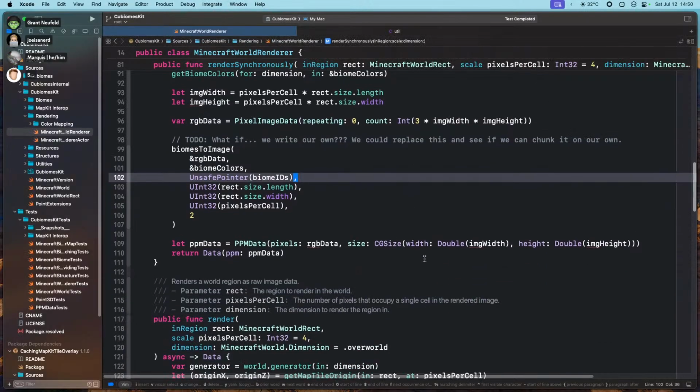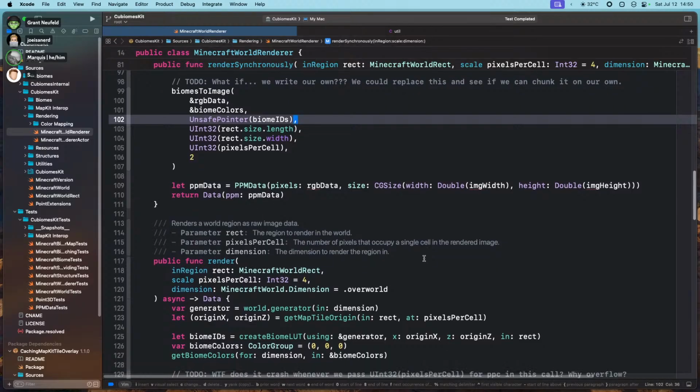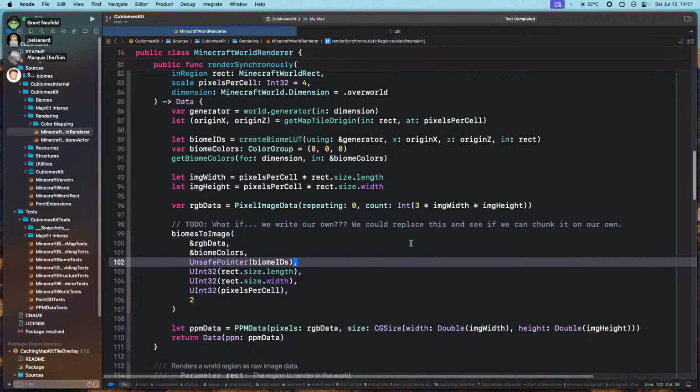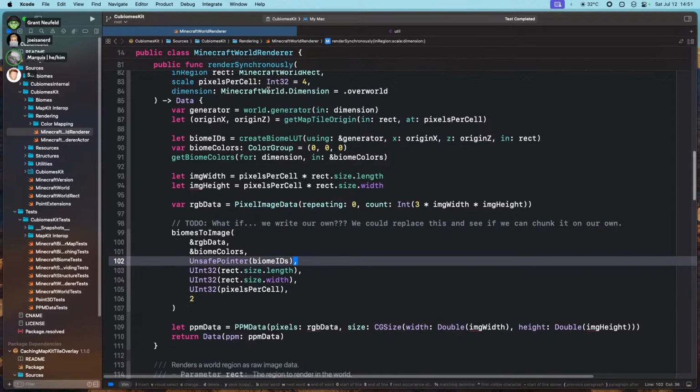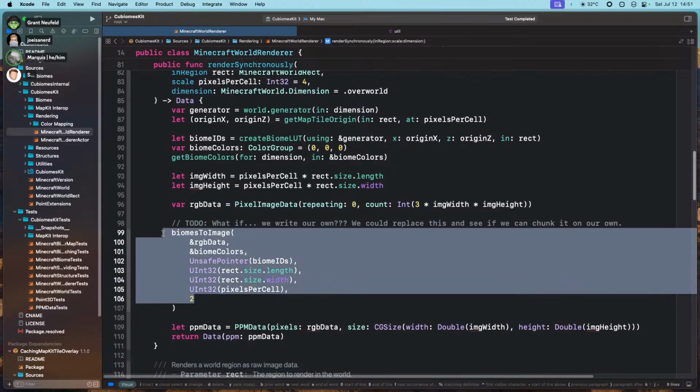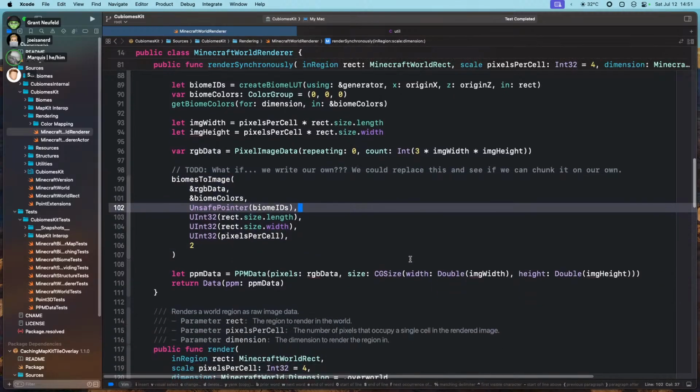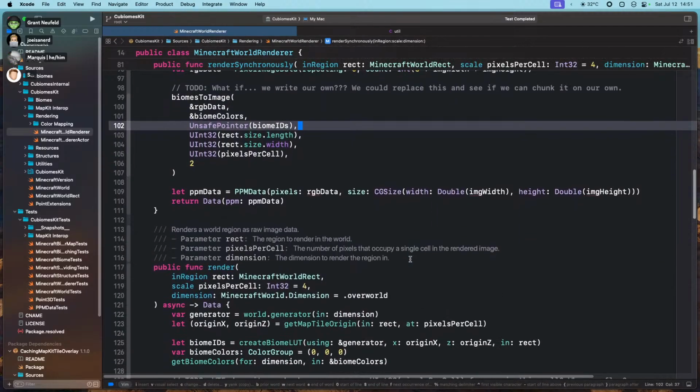So, this is kind of a continuation from last week's session where we were trying to parallelize map tile rendering for the CubiomesKit library so that way we can generate Minecraft map tiles a little bit faster. We ran into a problem where we couldn't quite get it working under async await, but we realized we